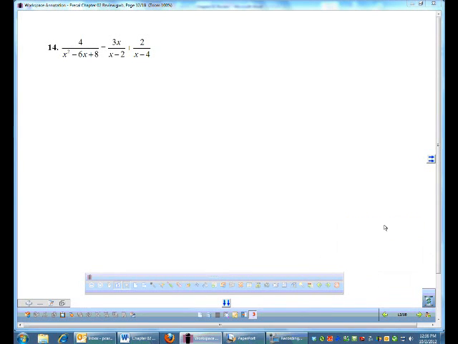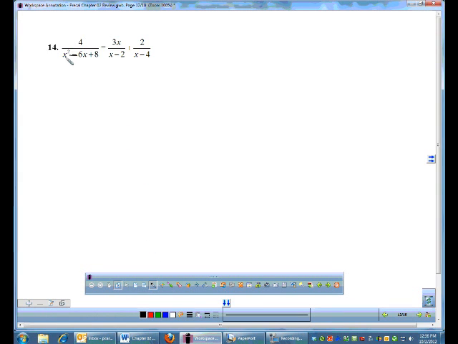Okay, this is the last section of the review, just solving equations. Starting with these first few rational equations, if you remember, what you want to do first is factor everything. So looking at the left side, I can factor that: 2x minus 2x minus 4